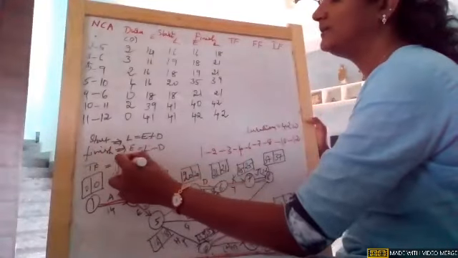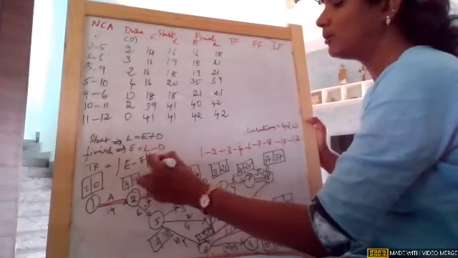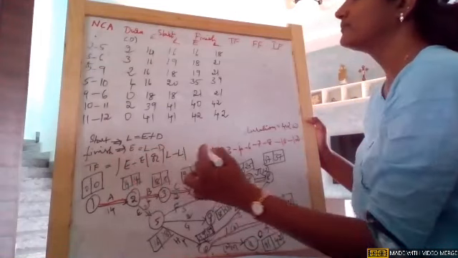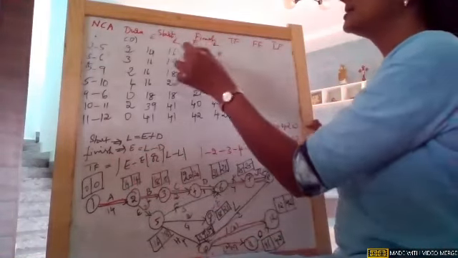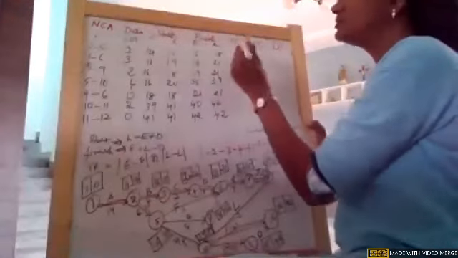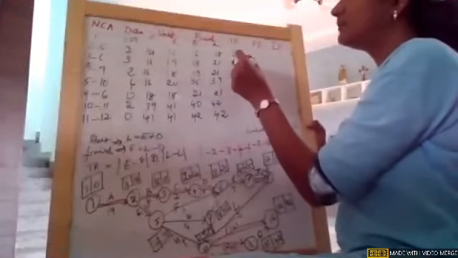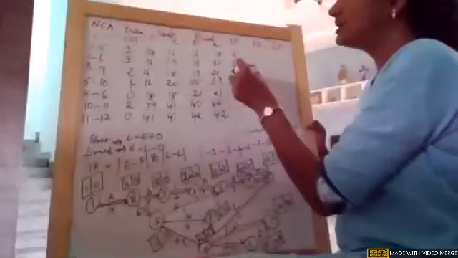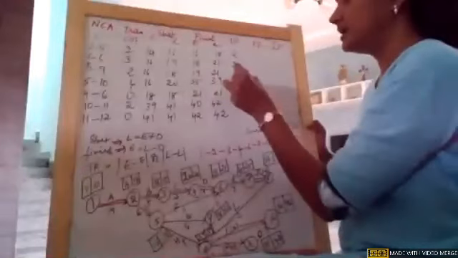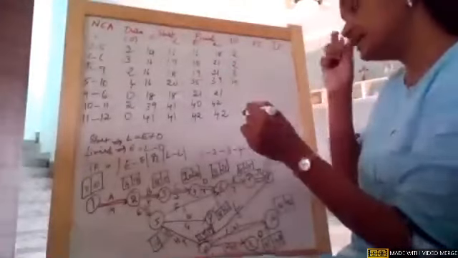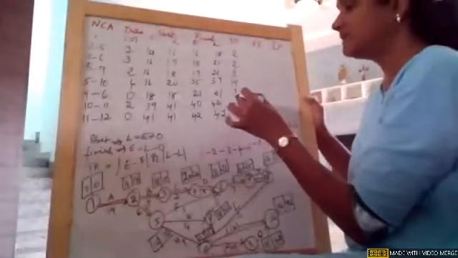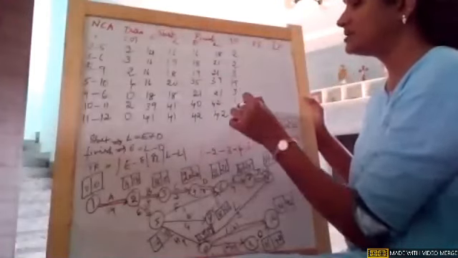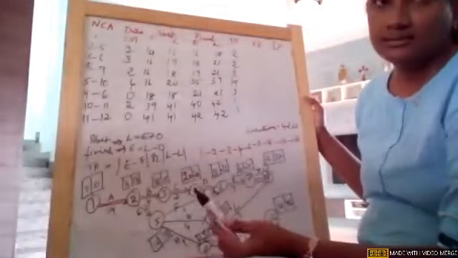So the total float, if you remember, is the mod of E minus E or mod of L minus L. I'll just take any two. So it is 2, 19 minus 21, 2, 18 minus 21, 3, 20 minus 39, 19, 18 minus 21, 3, 41 minus 42, 1, 41 minus 42, 1. Understood?